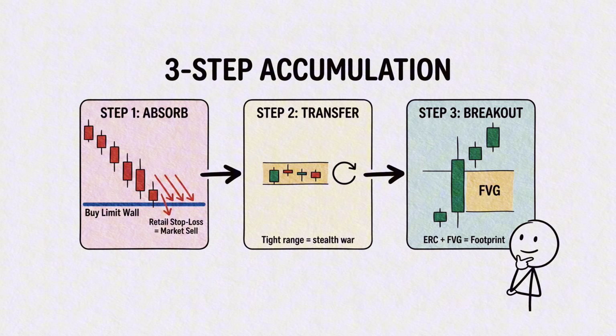Step 3, breakout. When they've accumulated enough and selling pressure is exhausted, institutions pull liquidity above, meaning they cancel the sell limit orders they themselves had placed to control price. When they no longer need to suppress it, they remove the wall, leaving the upside wide open. Then they fire aggressive market buys. The result, even a small buy force, is enough to launch price skyward, creating a massive ERC, extended range candle,